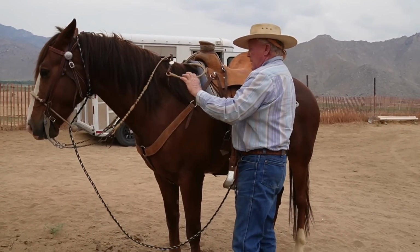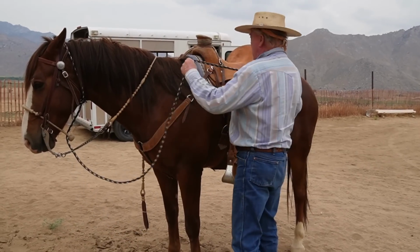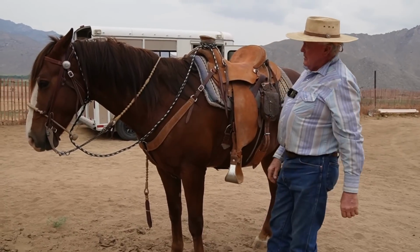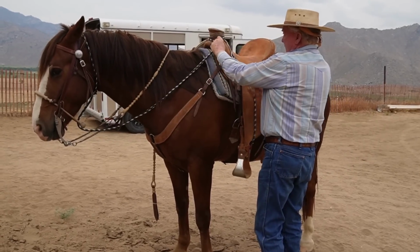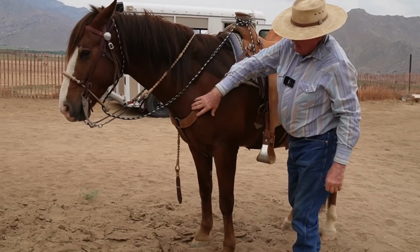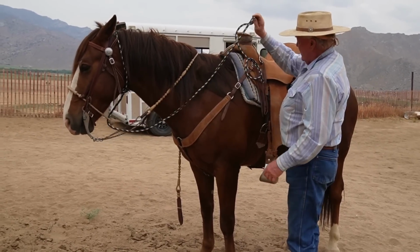And a lot of times, for whatever reason, if I'm in the corral, I've done this, just real quick. And I can adjust it pretty close, because like working cattle, I can get it way up out of the way here. Things happen in a corral when you're working with a lot of cattle. Okay. The other one,